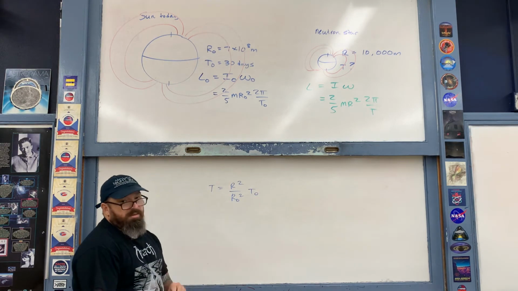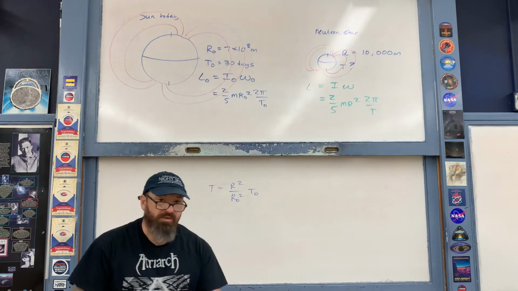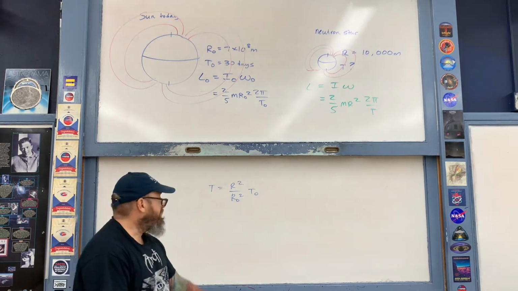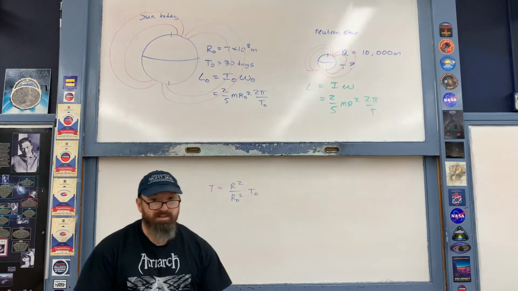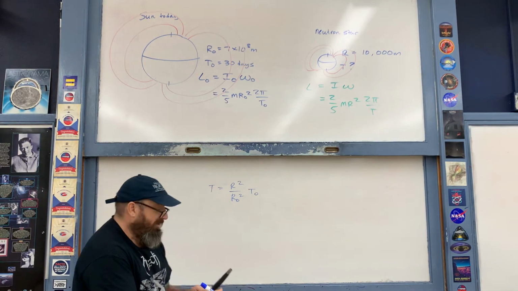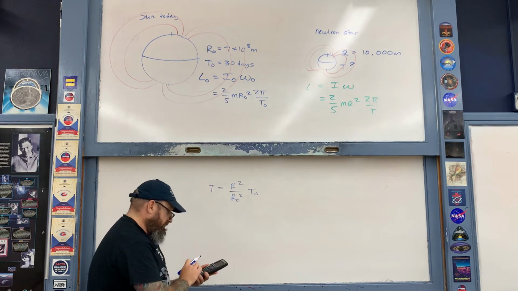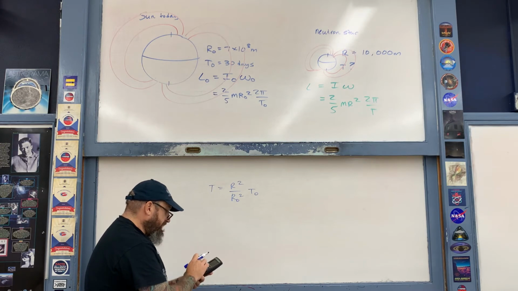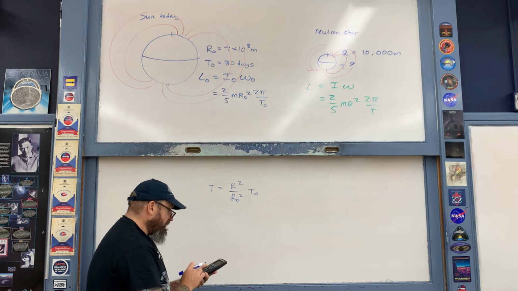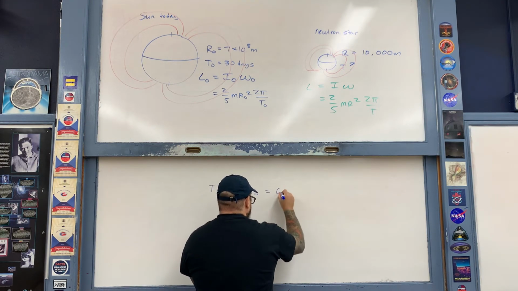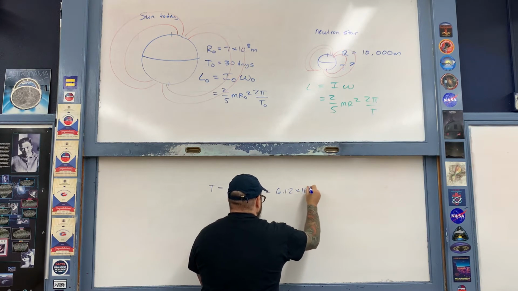Like so. But now let's go ahead and punch in the new number here for capital R. The radius of the sun is 10 kilometers. And then therefore the period here, as you're going to see, is going to be quite short. Okay, so let's go ahead and do the math. So this right here is 10,000 squared. There we go. And then divide by 7 times 10 to the 8th squared. And then multiply by 30 days once again. When I do, this ends up being about 6.12 times 10 to the minus 9